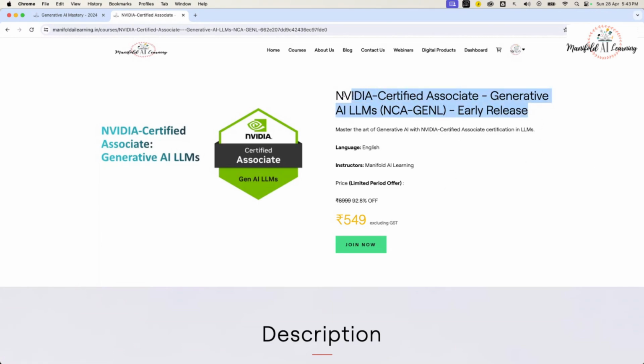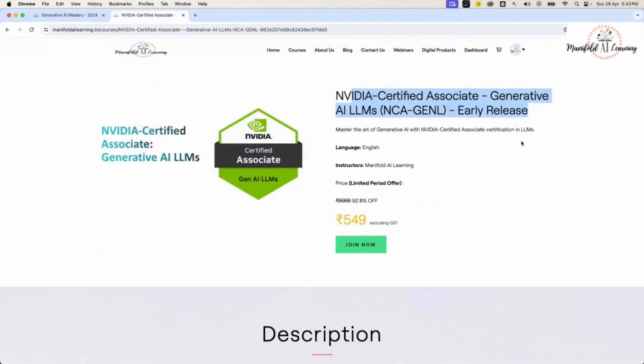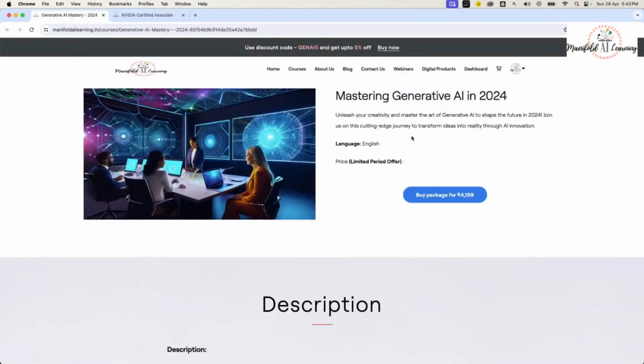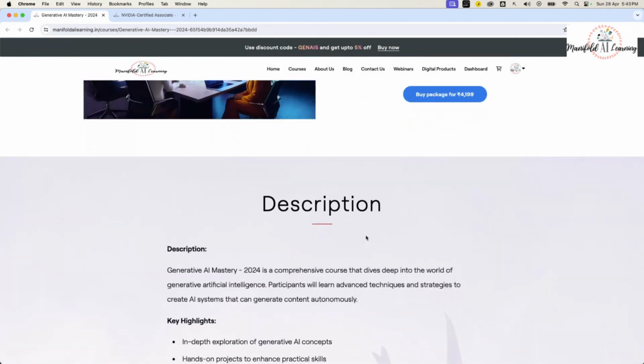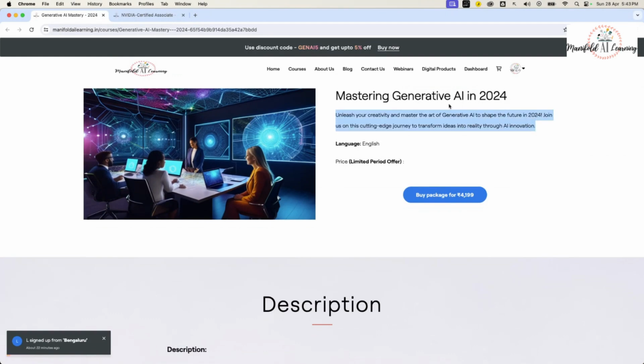And you will have lifetime access to these courses, whether it is the package or the individual course, folks. Even if any updates happen, you'll get the upgrades for free. Just to let you know, there were a few learners who joined this package 2 months back, and they are going to receive the updates. That means any new courses being added, like the NVIDIA certification, they'll be able to access under this Mastering Generative AI package.